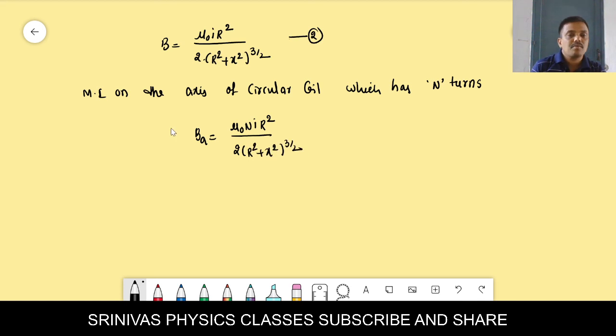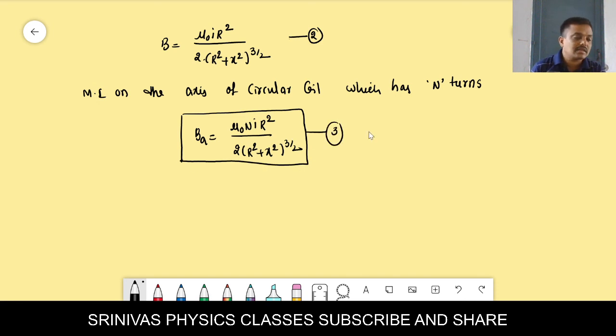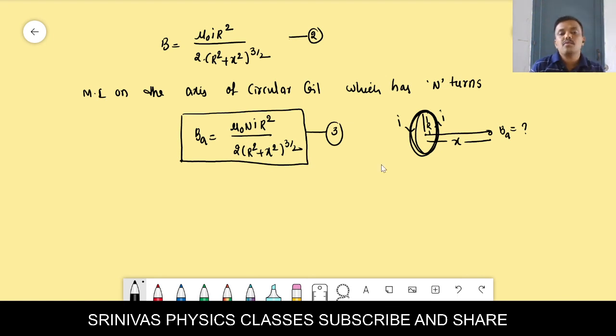You should remember what the terms in this formula indicate. This is the most important formula, right, for the magnetic induction on the axis of a circular coil. You take this is a circular coil, it carries some current I, right? From the center its radius is capital R. From the center at a distance x I want the magnetic induction. That magnetic induction along the axis, the formula is mu naught N I r square by 2 of r square plus x square whole power 3 by 2. If you want the magnetic induction at the center, if x is equal to 0,